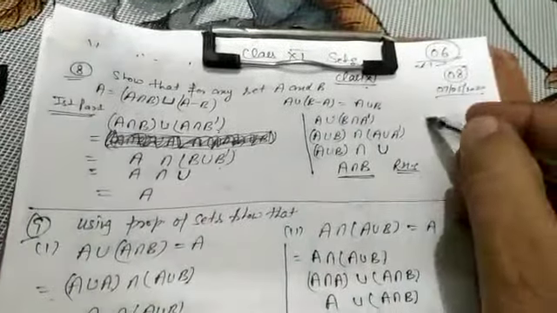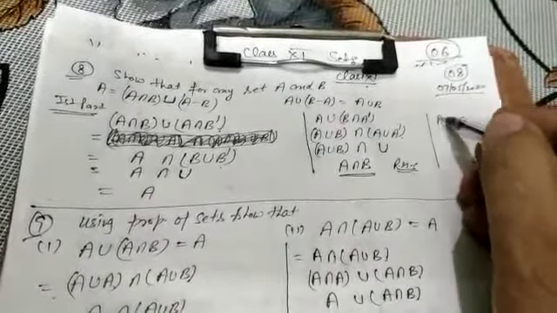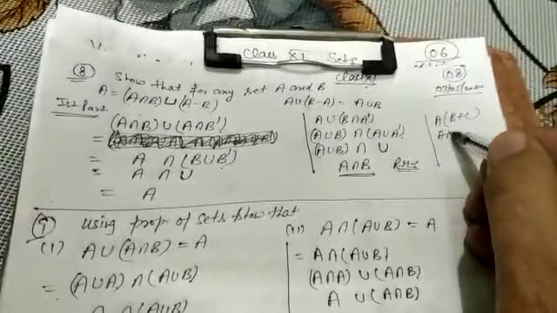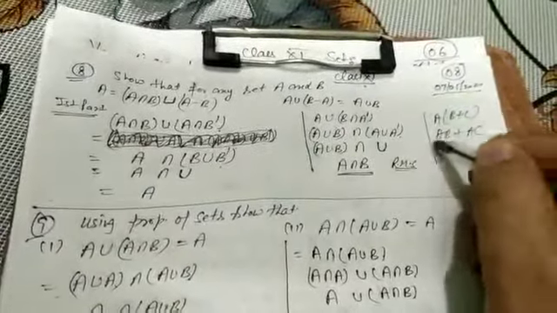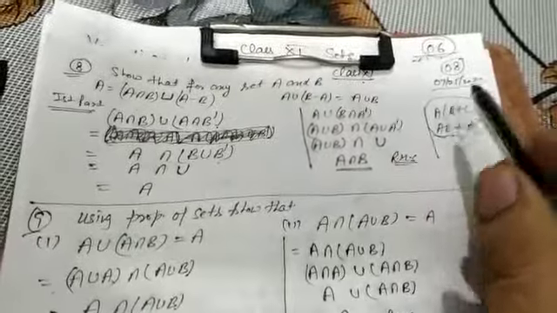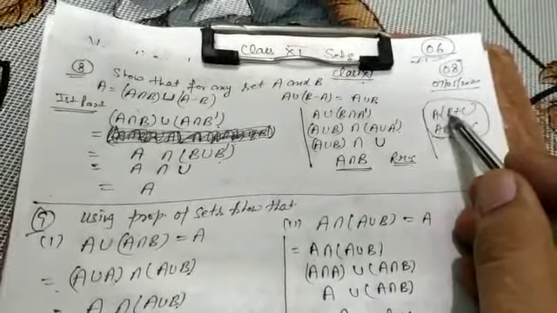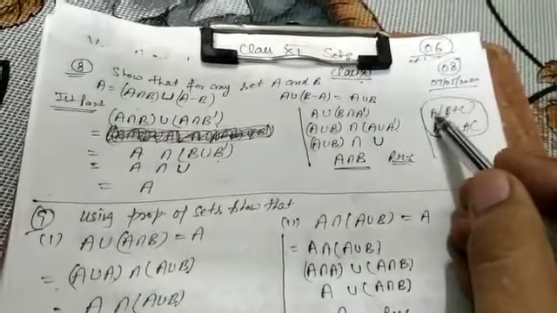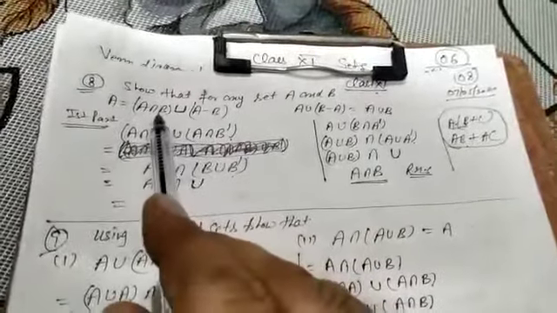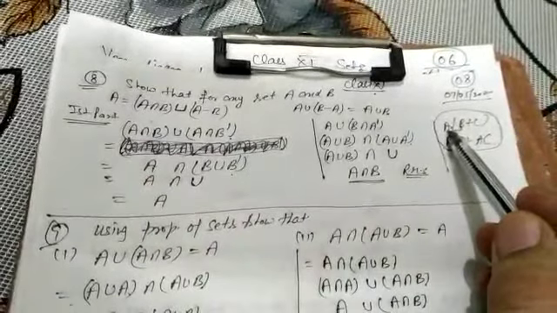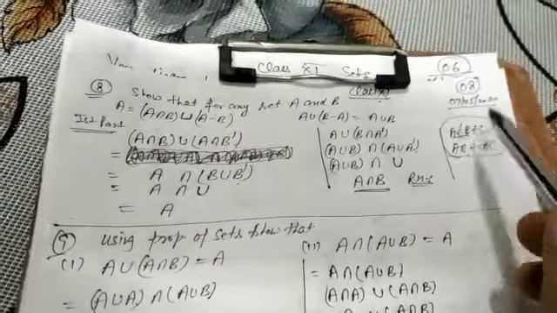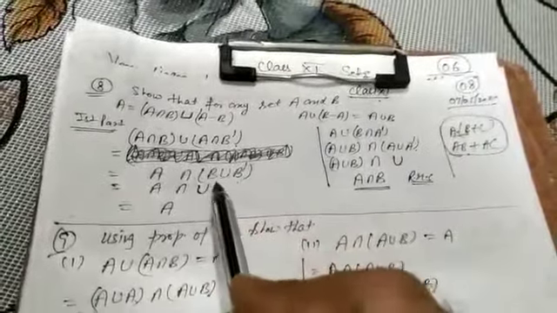You can simply understand it by a formula: A into (B plus C). First of all it is AB, then AC. This is your distributive law. Now see, A into B, whatever the symbol here, we can use the same symbol between these two. So A, B is A intersection B. If you observe A intersection C, the symbol that lies in between them is the symbol of union.